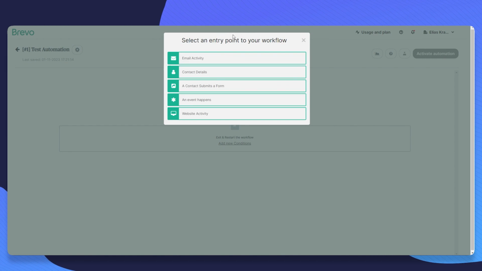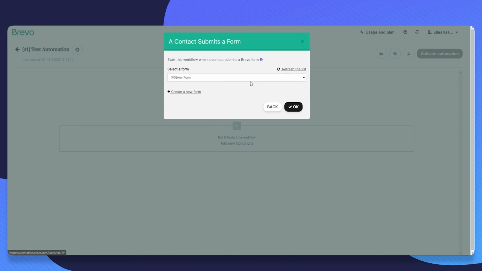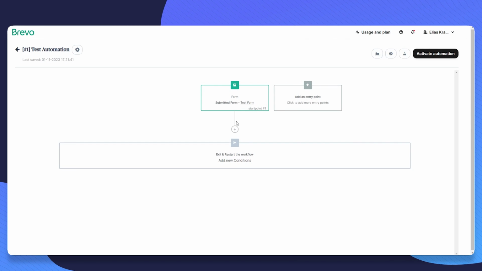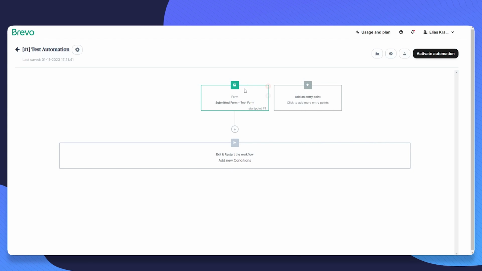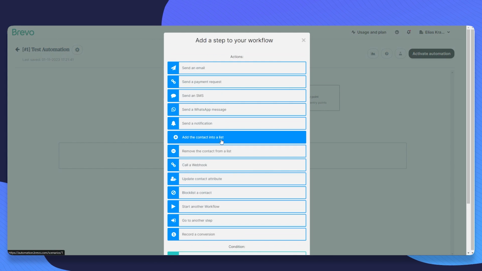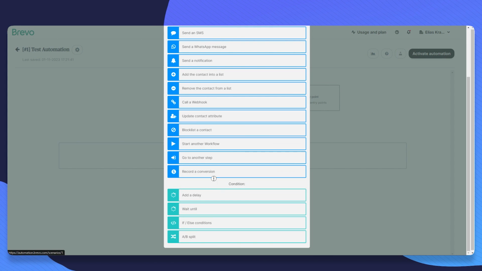Now, for example, let's say that our entry point is going to be when a contact submits a form, and we're going to select our test form, which we've created earlier on. We could then also add a new entry point and so on, and we could add multiple entry points, but I don't want to bore you with that stuff. So I will actually just click on plus right here,